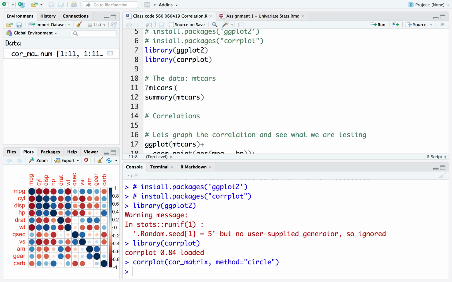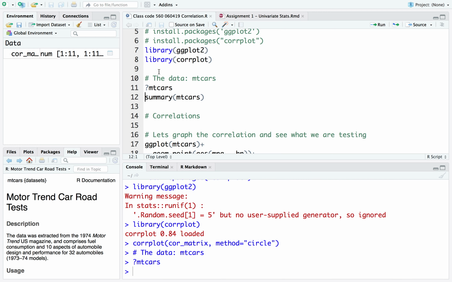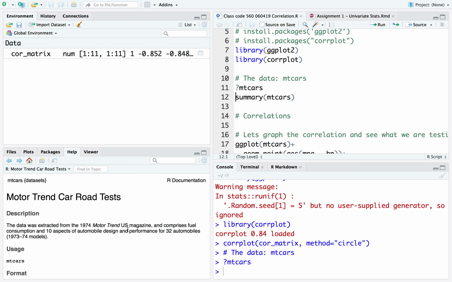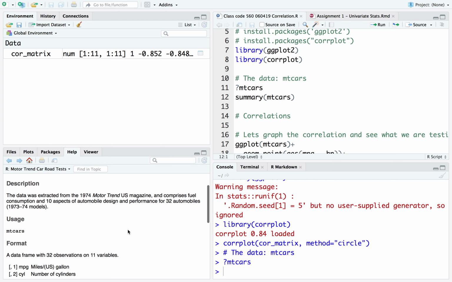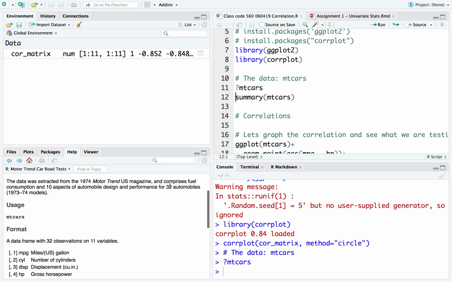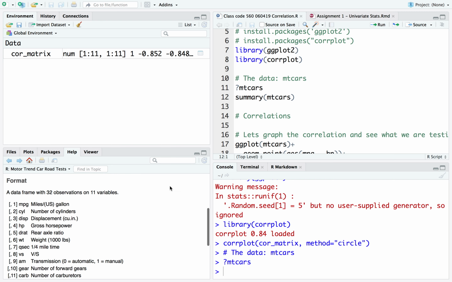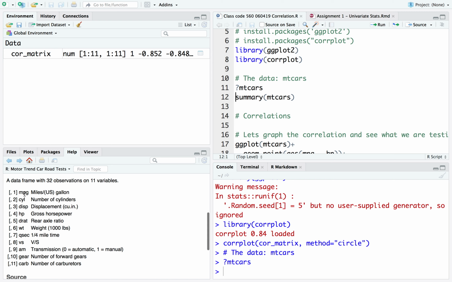Let's take a quick look at what data is available in mtcars. With this question mark mtcars, we get to see a little bit as to what this data is. Data extracted from the 1974 Motor Trend US magazine. There's 32 observations, and we will have variables: miles per gallon, number of cylinders, the size of the engine, which is displacement, gross horsepower, rear axle ratio, weight in thousands of pounds, quarter mile time,